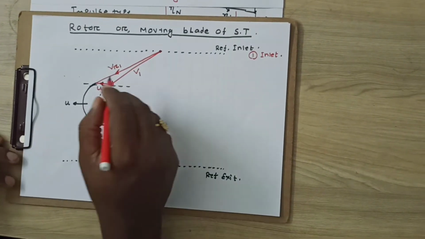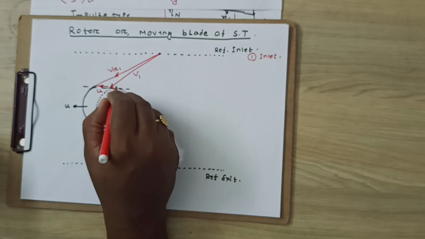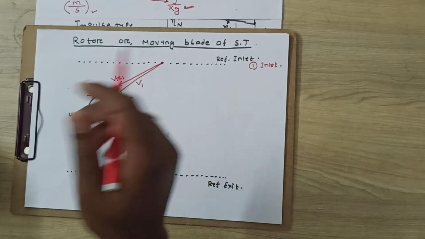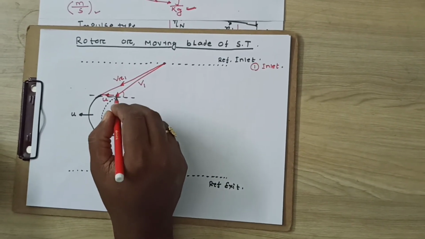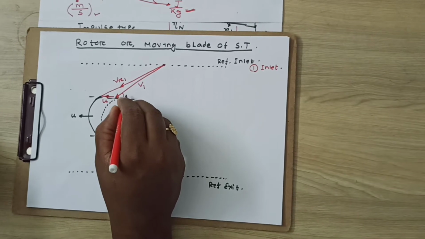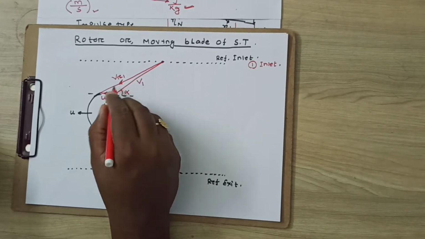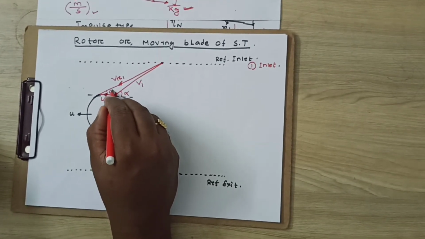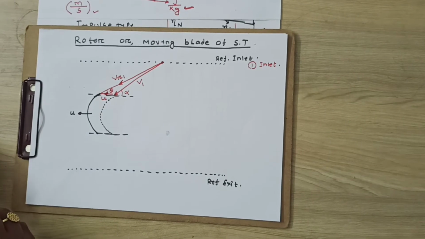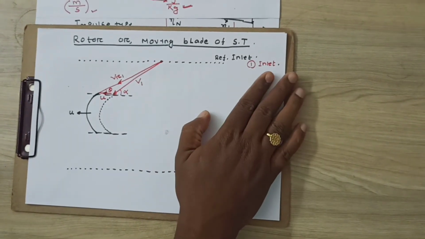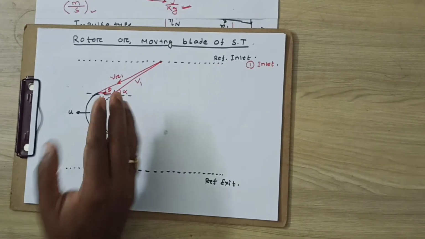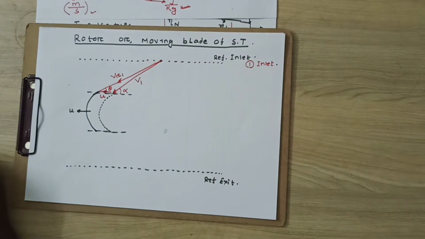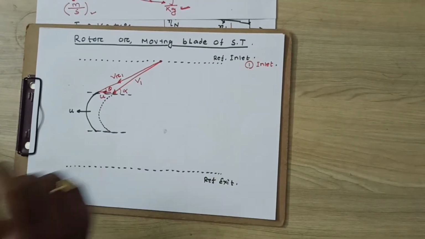The angle subtended by V1 at the periphery is the nozzle angle, because this absolute velocity is coming from the nozzle, and we denote it by alpha. For the relative velocity, which is associated with the blade, the angle is denoted by theta. So the first procedure is over: the inlet velocity triangle. This is V1, and by the time the blade has moved by u, according to the vectorial summation, this will be VR1.